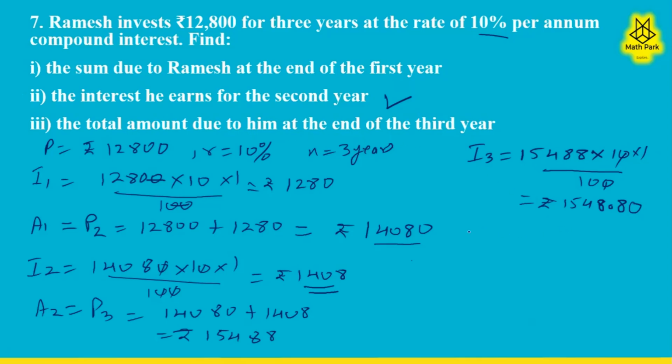For that we found the interest. So the final amount at the end of the third year is going to be the principal, which was 15488, plus